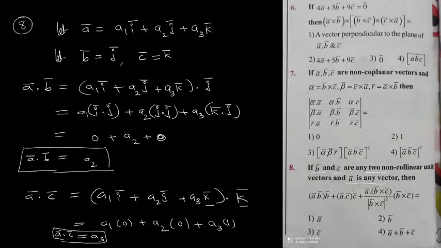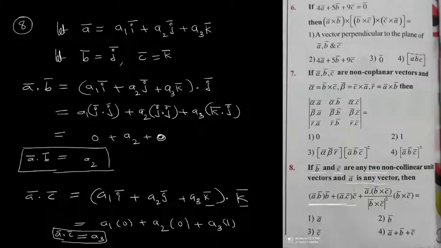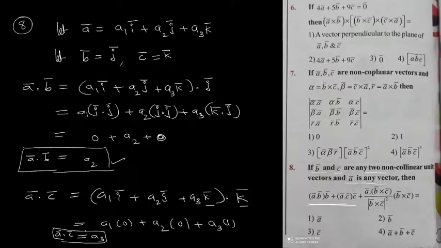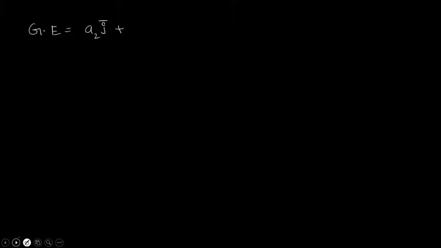A bar dot B bar cross C bar next. Now I am taking the given expression. Substituting this, A bar dot B bar is A2, and A2 into B bar is J bar, so A2 into J bar plus A bar dot C bar into C bar. Here A bar dot C bar is A3, and A3 into C bar means K bar, so this is A3 into K bar. Next plus